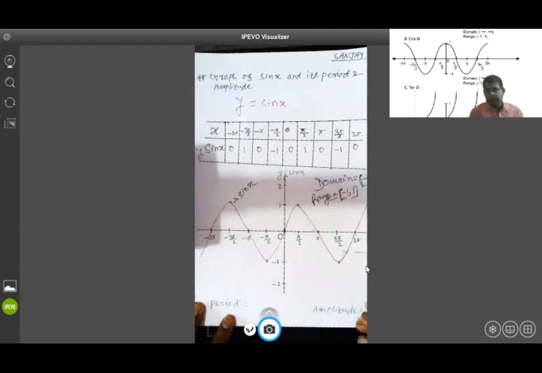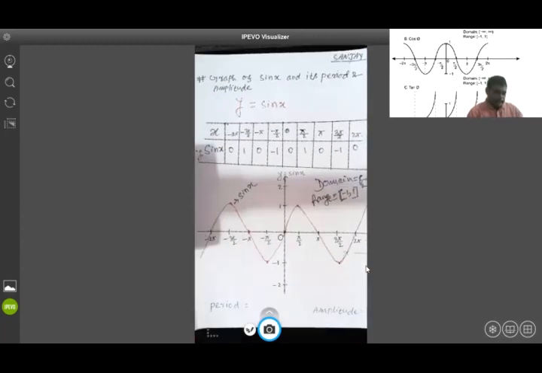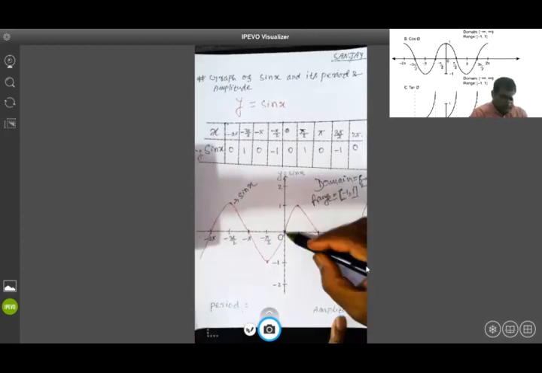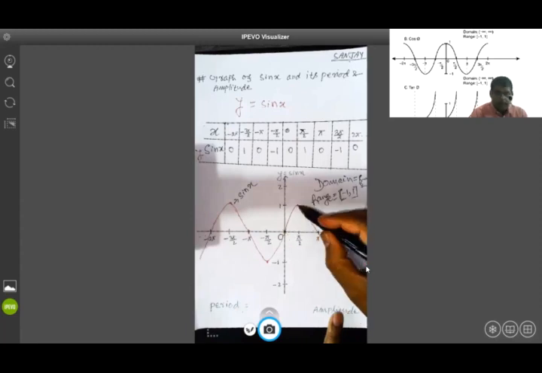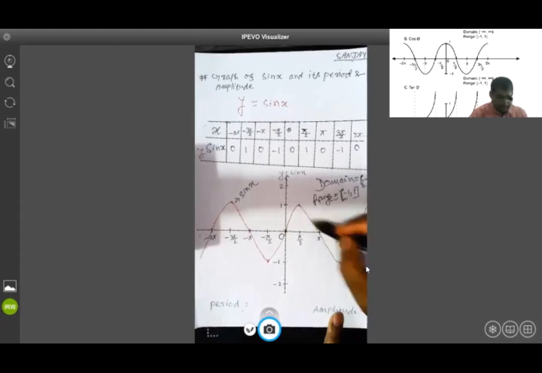Period means something happens periodically, that is, at some equal interval of time. If things get repeated with equal interval of time, then those sorts of things are actually periodic. Here you can see that you start from 0, then the curve goes towards the maximum turning point, then it again returns to 0, and then it goes towards the minimum turning point over here, and